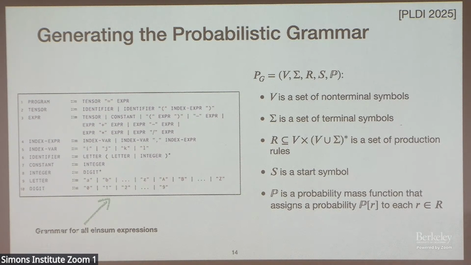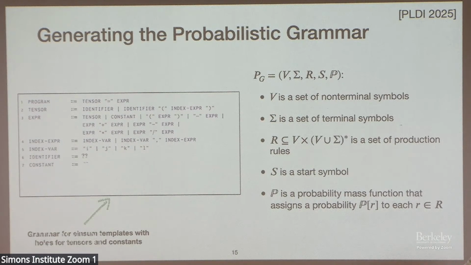Another point worth noting is that the grammar for these Taco expressions, or these einsum expressions, is practically too large for us to search with straight-up enumeration. And so one of the things we want to do is capture the space of solutions that the language model believes might be correct with templates rather than with just a pure grammar. So the first thing that we do is we turn our grammar for expressions into a grammar for template expressions, which means that for everything that is a tensor variable or everything that is a constant, we'll replace that with a hole.